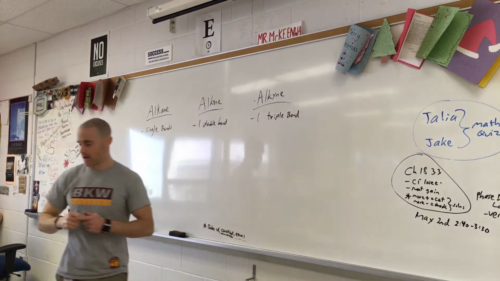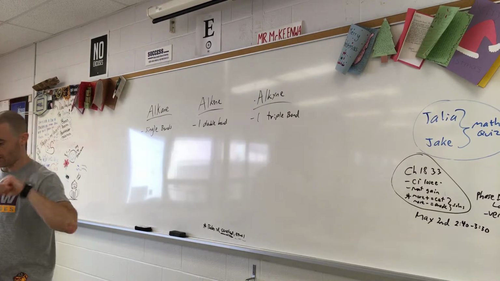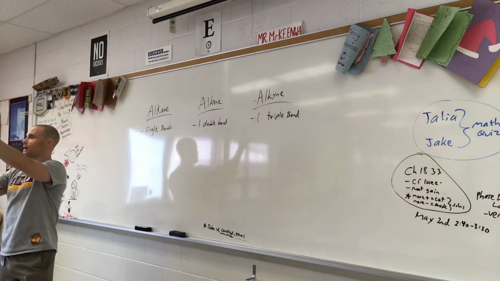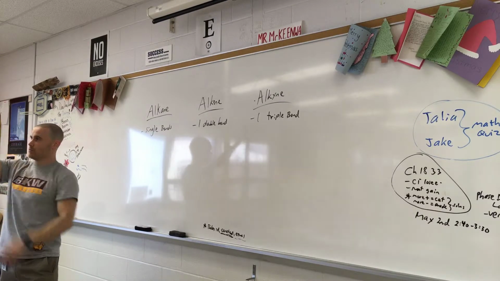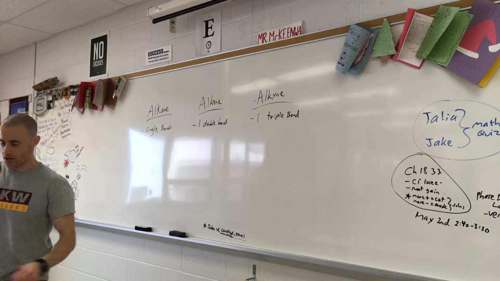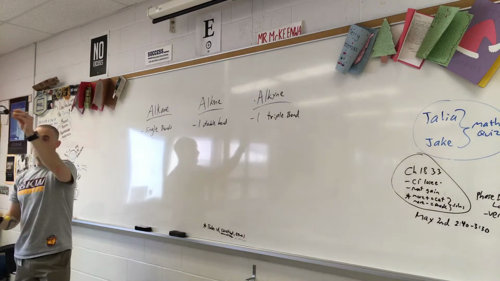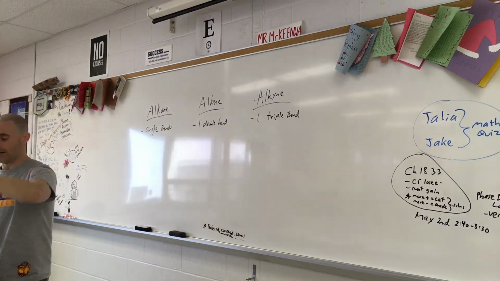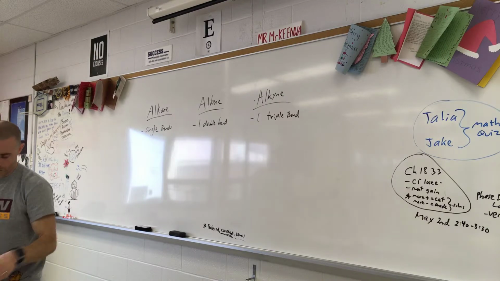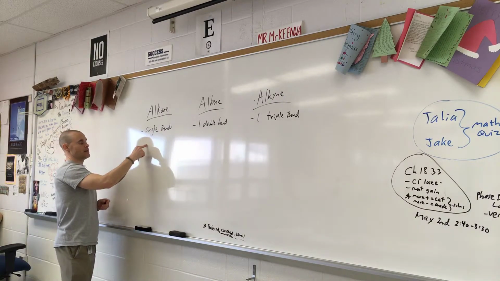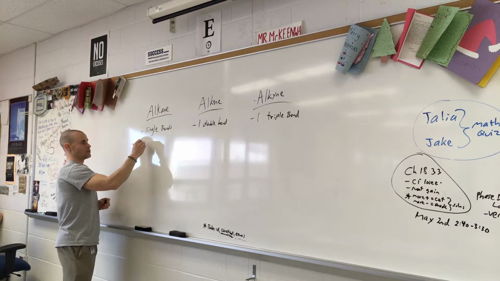And Tyler, I know I didn't get back to you, but we're going to do right now what you're asking. This one has the double bond because there are 2 springs. This would be ene because there's a double bond, and this one has the triple bond, 3 springs, so that would be yne. So what I want to do is just get one example of each one here. So for the single bond here, let's go with